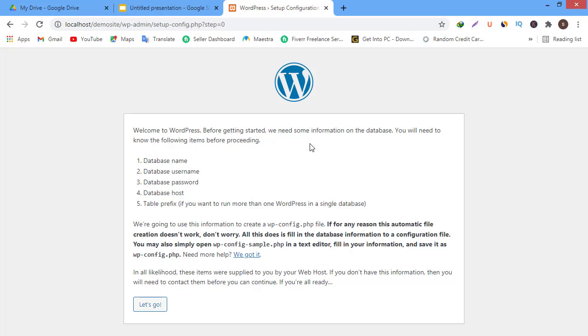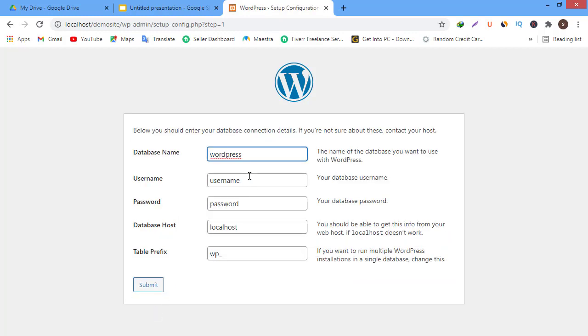Before getting started, we need some information on the database. You will need to know the following items before proceeding: database name, database username, database password, and database host. Let's go. Click on it. Our database name is exactly what we created in phpMyAdmin, that is demosite. This name and the database we created must be the same name,